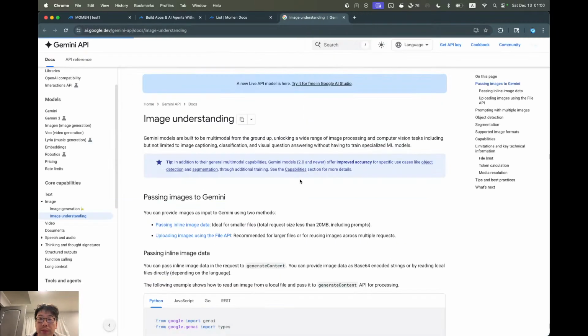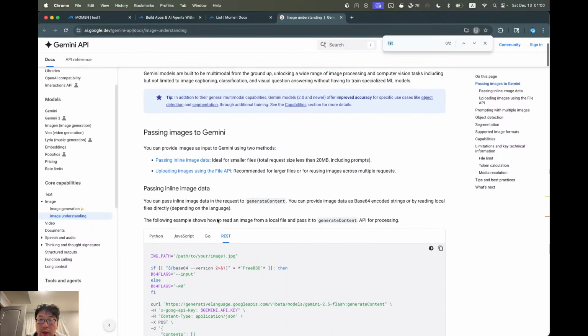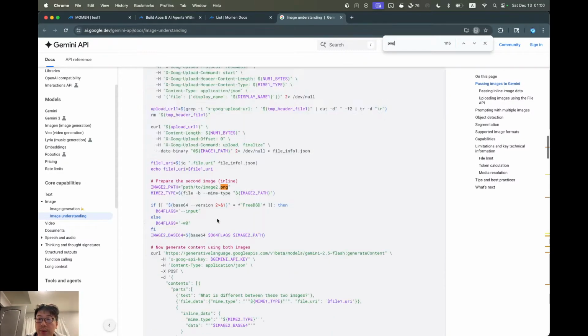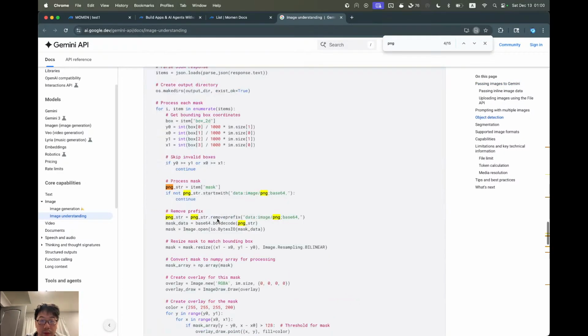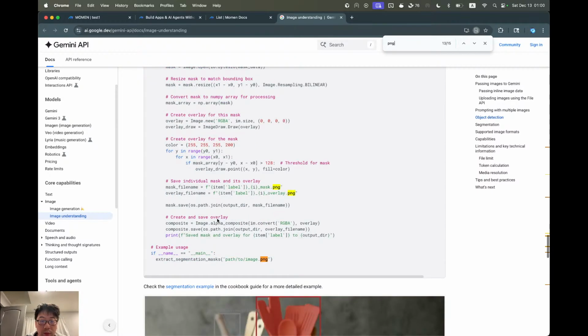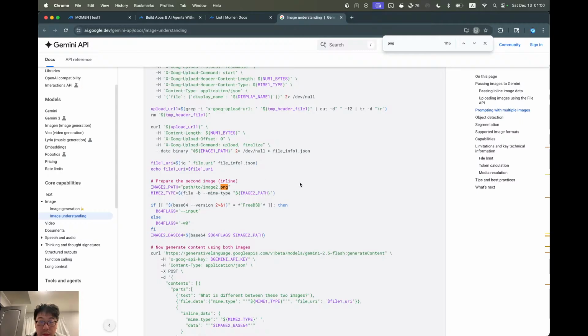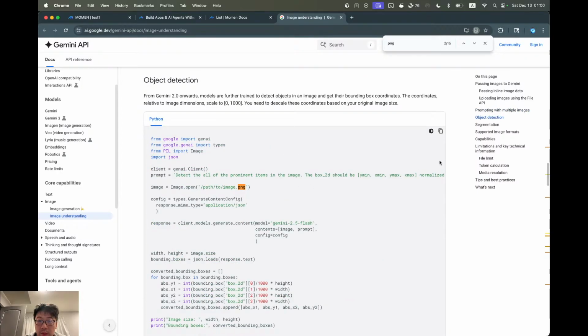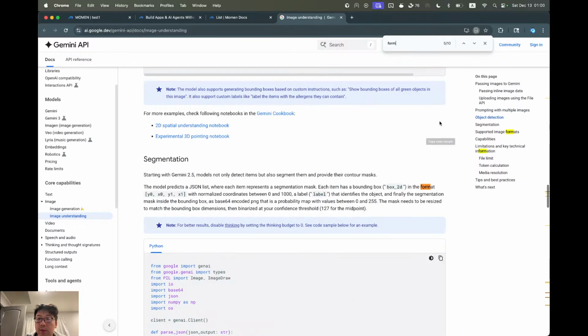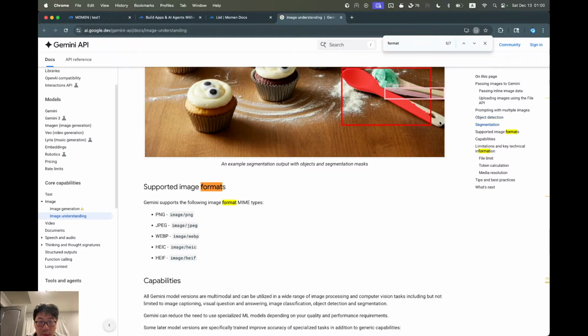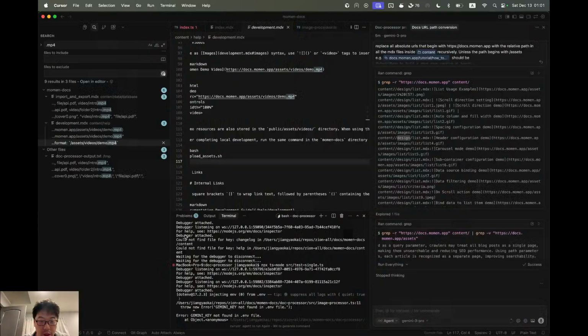Let's see. Does it exist? PNG? GIF? Does it exist? Uh-oh. That is very unfortunate. Okay, so we'll have to do something about it. So all the GIFs